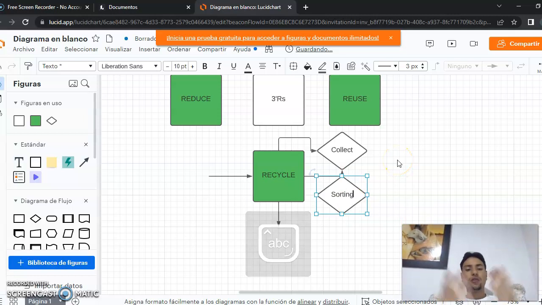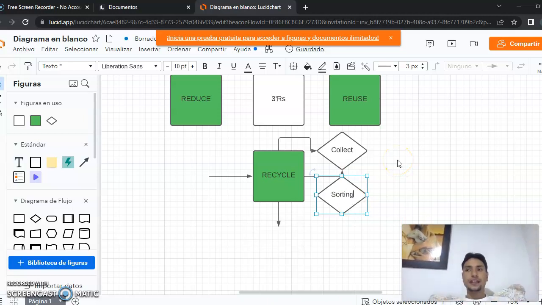Maybe if you don't know what sorting is, it is when you have different choices and you have to split into categories. So for example, if we have a plastic bag, a plastic bottle, polyester, but also we have maybe organic waste like potatoes,